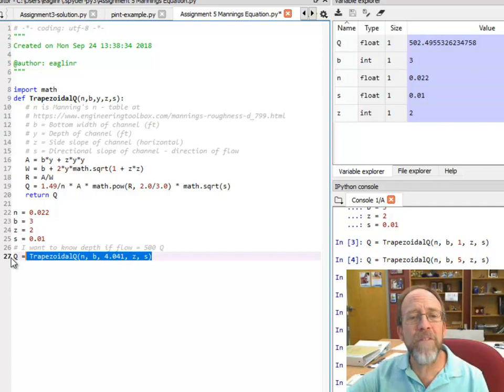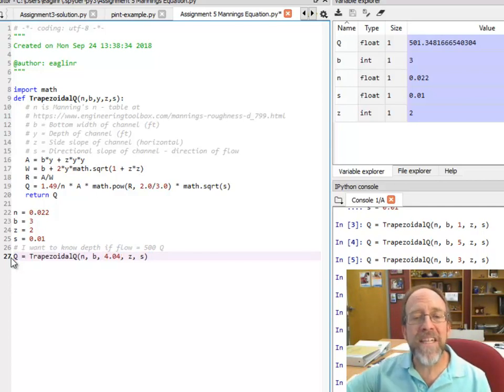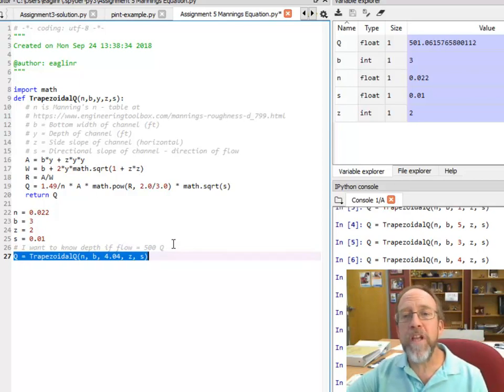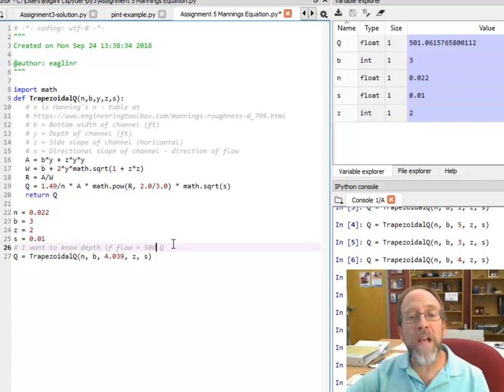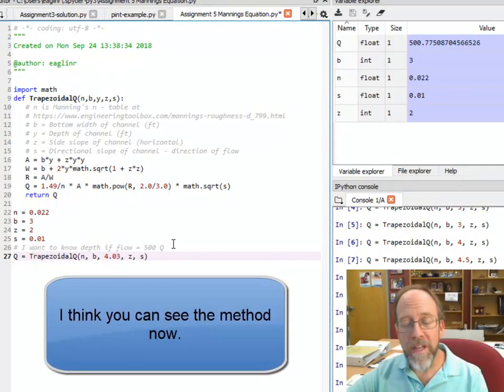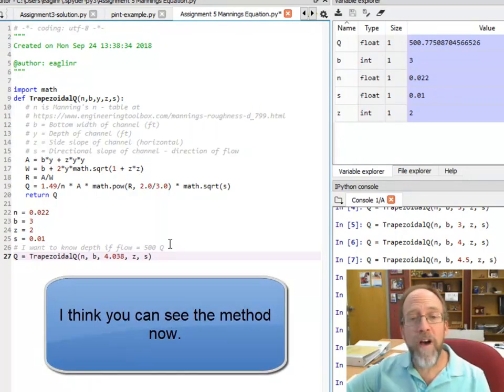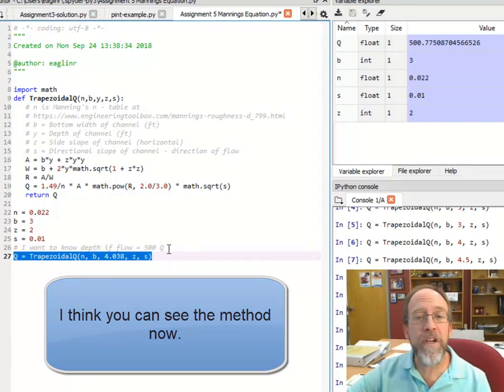Now, I don't want to sit here and keep guessing by hand. That is just a lengthy process. If you look at my other video on iterative solutions, you can see that I can write a routine that methodically nails down the answer. And if you are following along and you want to know what the right answer for 500 is,